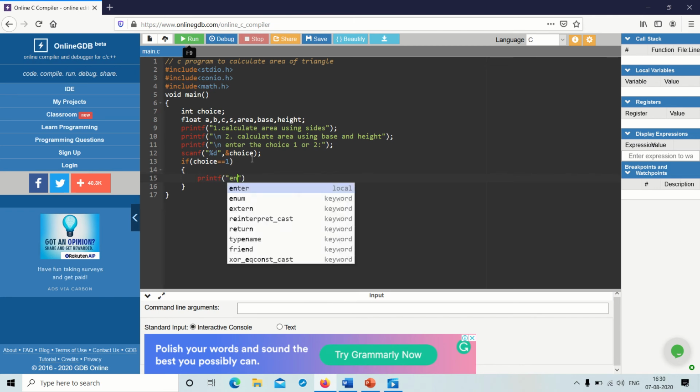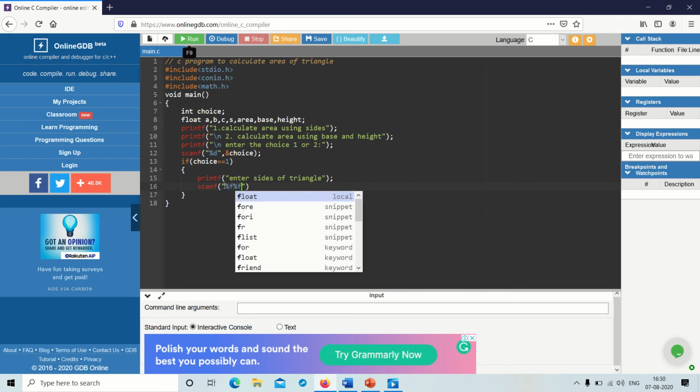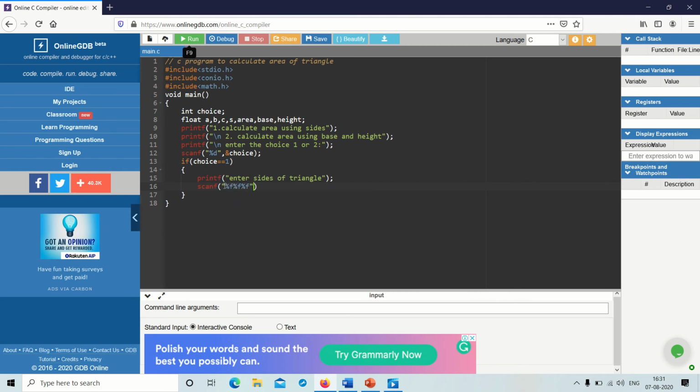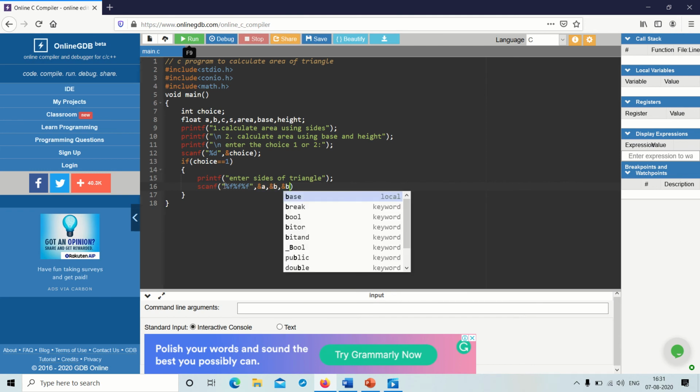So you should ask them to enter sides of triangle, or you can say enter the 3 sides of the triangle, and we should read them or scan them using scanf function. As we declared these as the float data type, we should use the format specifier %f, and these are stored in the variables a, b, c.